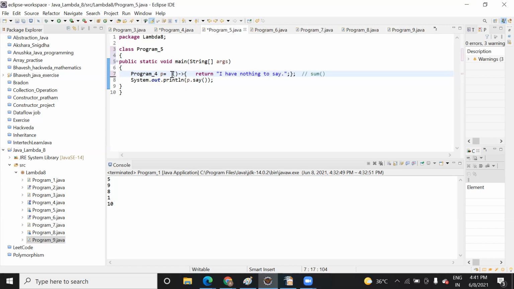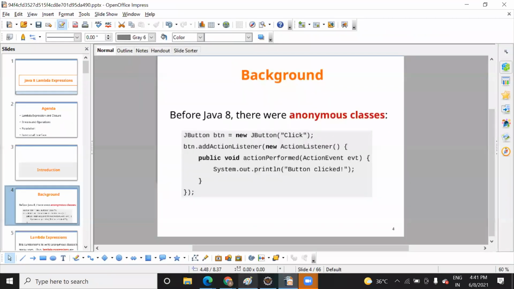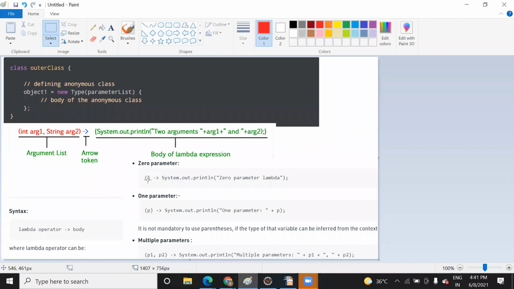So this is an anonymous function, and p is a variable or an argument which has zero parameters. As I've shown you here, when you do not pass anything inside, it means it is a zero parameter lambda function or lambda expression. When you pass anything here, it means one or multiple parameters.